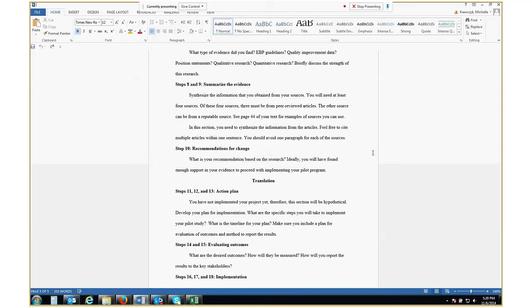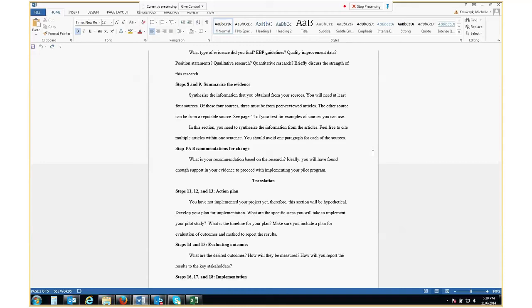And then your next paragraph would be something different. Maybe it's a different prevention. Maybe the third paragraph is what didn't work or what the current standards are based on things. So if you can understand the difference between having a paragraph for each article versus separating it into themes that you saw throughout all of your research.